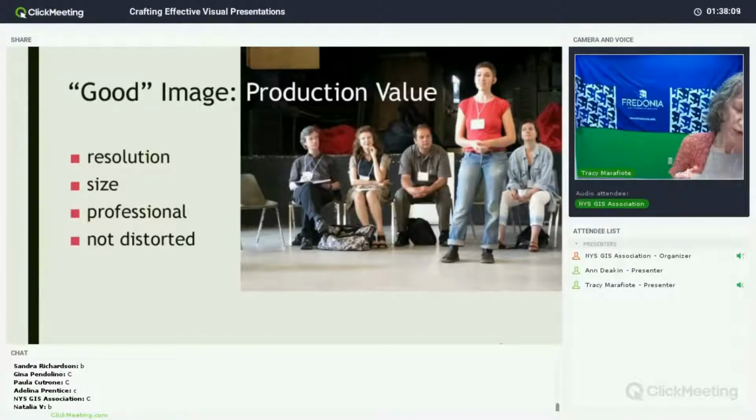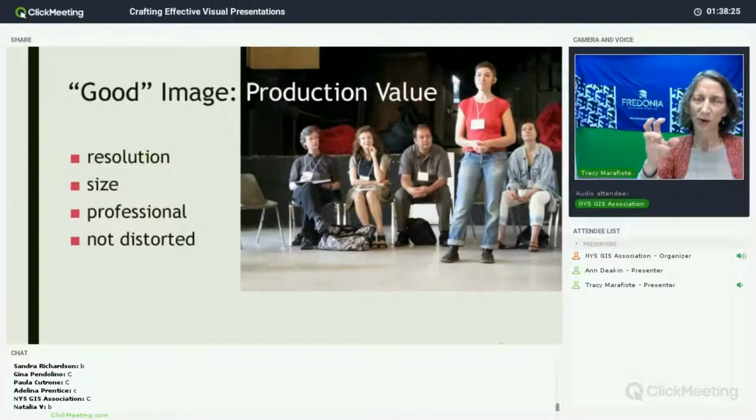And you want to make sure that it's professional looking. Does it have professional composition in terms of lighting, contrast, the use of color, all of those sorts of things? And finally, you want to make sure that it's not going to be distorted, that you are representing it in a way that is actually appropriate. You know, you don't have somebody stretched out really wide or really tall. All right. So these are the production values of a good image, but that doesn't really do much to tell